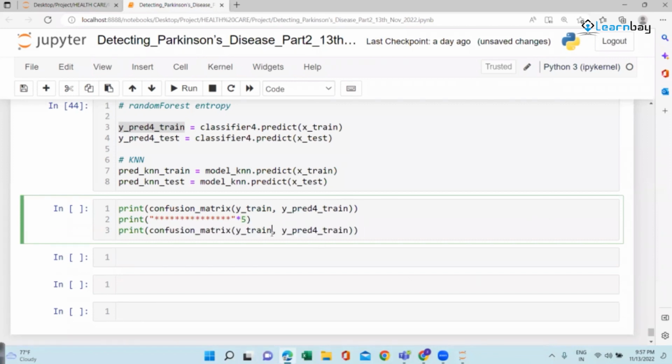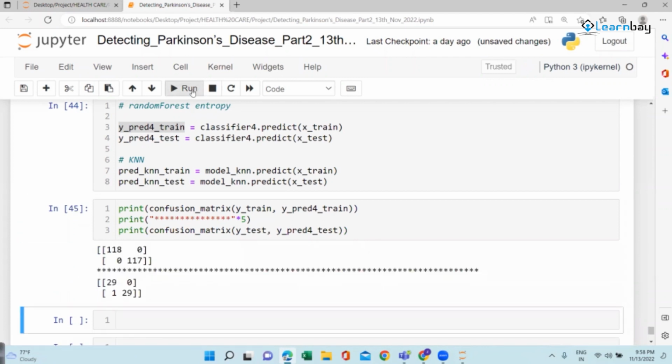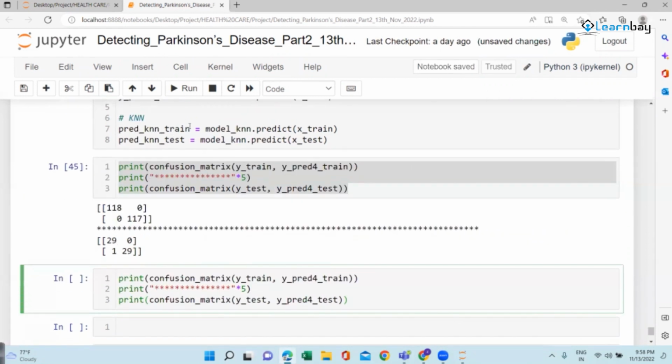And here, my friend, test. Are you guys able to connect with me or are you just seeing what I'm doing? Yes. So this is my random forest confusion matrix, copy paste, and this is my KNN train